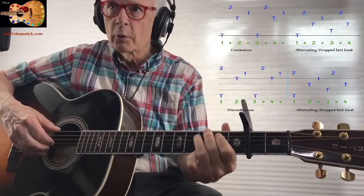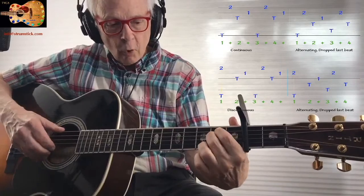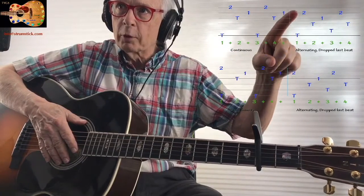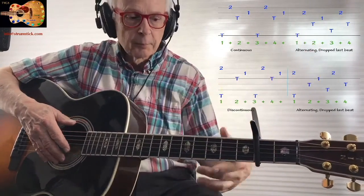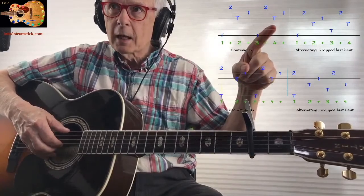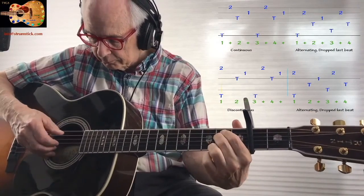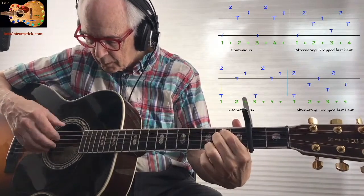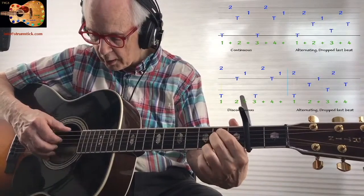So that's the first variation on the basic pattern that we're doing, other than moving it over on the strings. So let's say I'm fingering an E minor chord. I'm doing the very first group right here, and I'm going to do that a couple times, and then I'm going to switch to this where I'm doing the second string pattern, but I'm also going to alternate where the thumb is on the sixth string and the fifth string. Again, do this first group, get that down, and then start looking at where you put your thumb as a variation, but that's what that second group is there. So if I'm going sixth string, first string, second string, third string, or sixth string, second string,